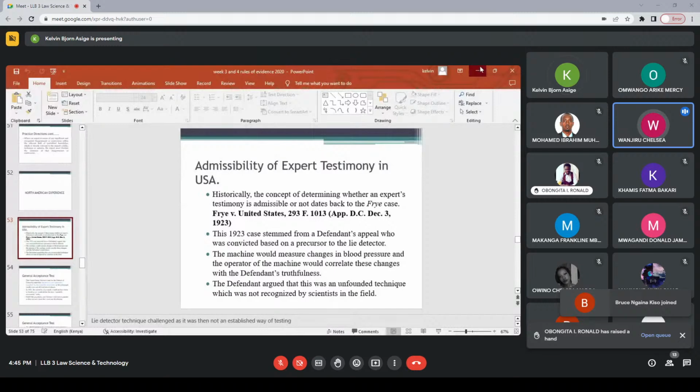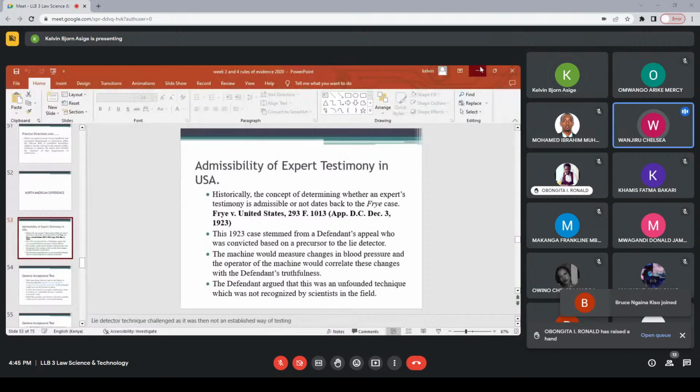So just building up, we've had the question, which is pretty much a compare and contrast question. We've tried to understand what the Kenyan position is. We pick out the law, the legislation, the cases, and we discuss them. And then now what the two Chelseas have done is apply the law to the facts and compare and contrast, which we are continuing as well with Ronald. Go ahead, Ronald, and then Arike. Ronald first. Thank you, sir.